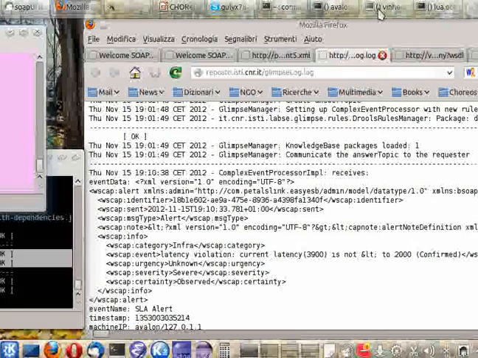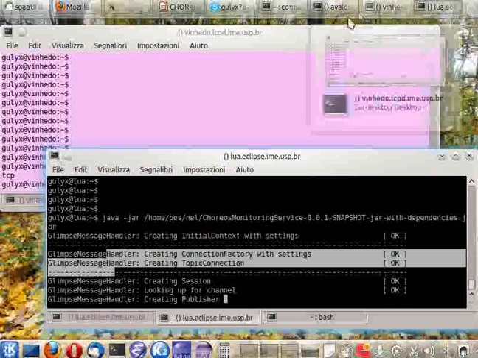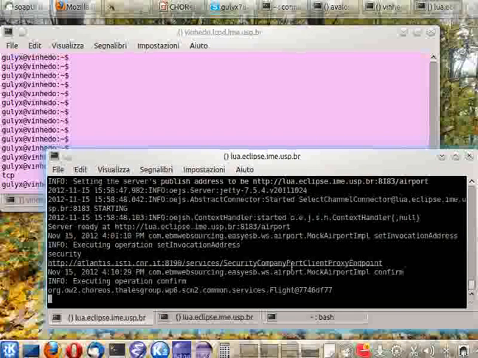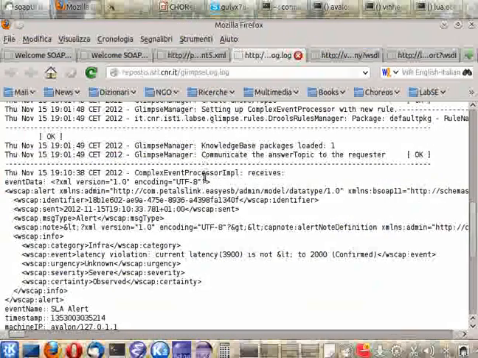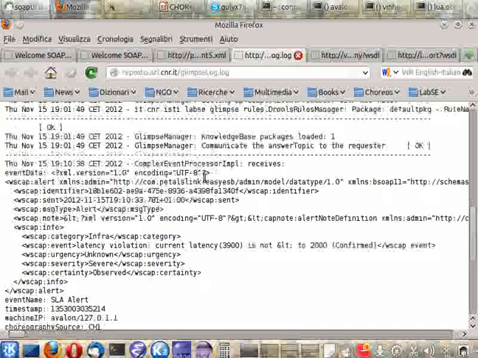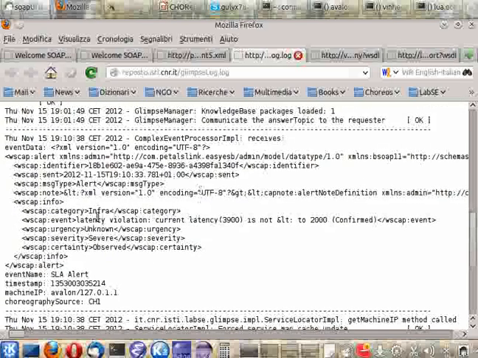So what's happening? The airport service received a confirmation, so it actually processed this operation, and then it activates the elaboration of the following task. So it interacts with the security company service, and during this interaction an SLA violation happened, and the BSM actually verified this SLA violation, so there was a latency violation.